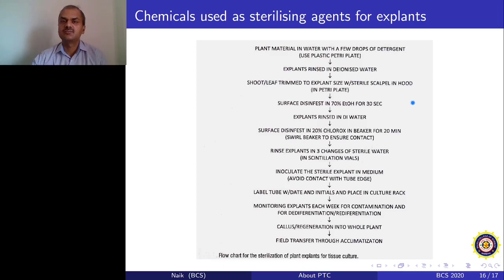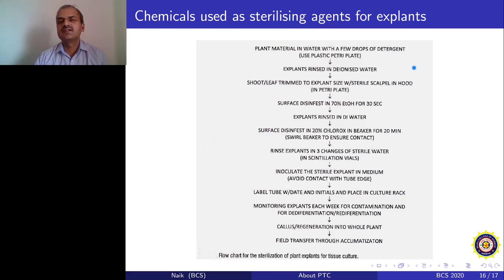You close the laminar hood and then you put it for UV at least for 5 minutes, and then you close the UV and put your flow and normal light on. Now when you are doing this, you have to do this activity simultaneously, that you give a mild detergent treatment, you treat with the Bavistin solution.